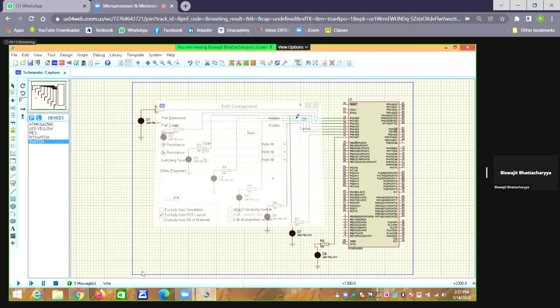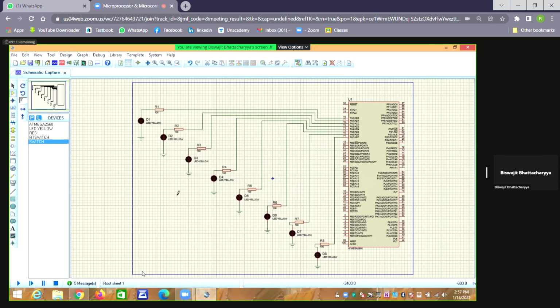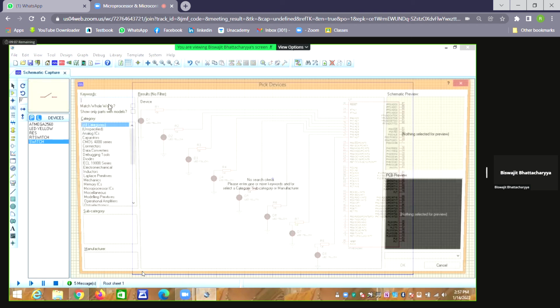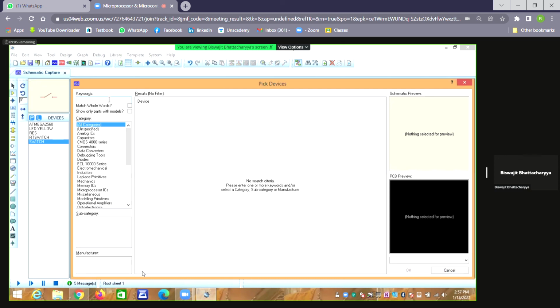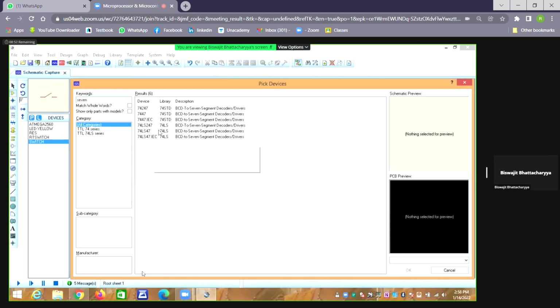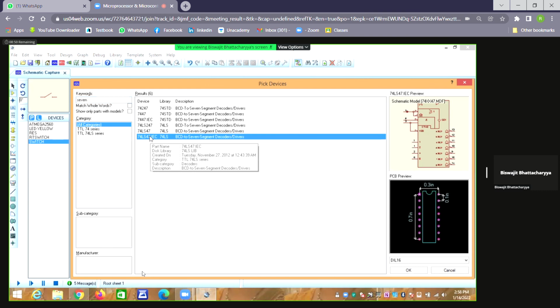Just 1 minute. You're deleting it. If you want, if you type display, you can have some display, 7-segment display, any other LED display. Different types of 7-segment display, you can find out.